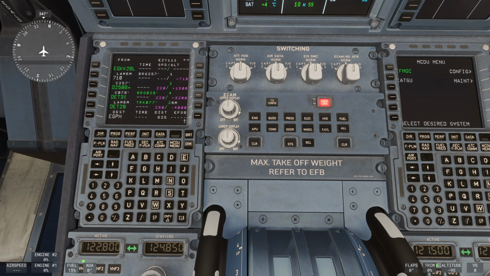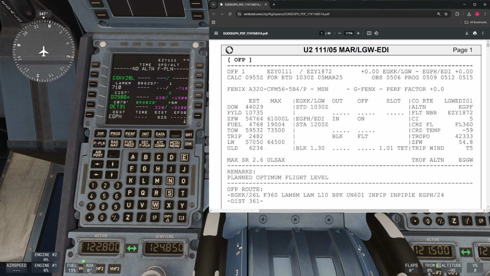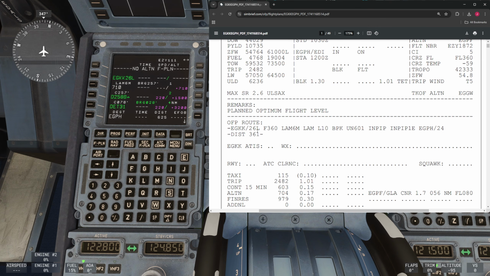Okay, so now that we've got our departure sequence programmed into the MCDU, what we need to do now is add in the rest of the waypoint information and our arrival and approach procedure into Edinburgh. Now to do that, we're going to jump back onto our operational flight plan, scroll down, and as you can see here, once we've left the Lambourne 6 Mike departure, the last waypoint that we should have on our MCDU